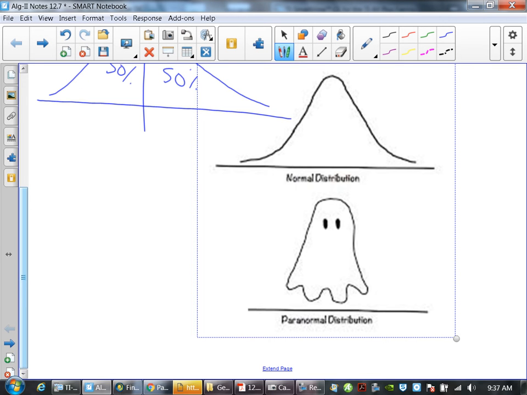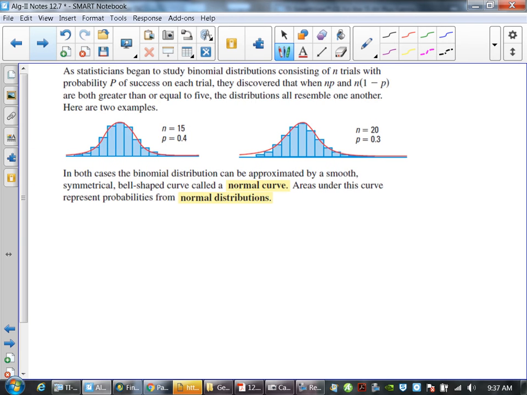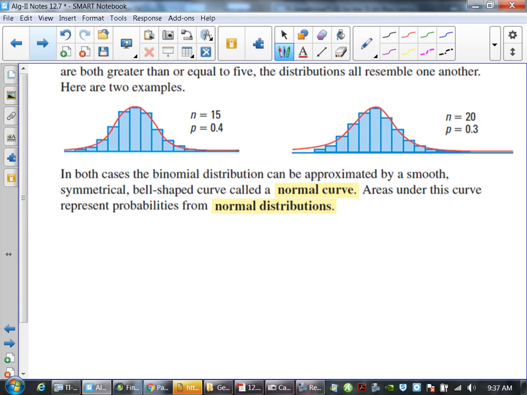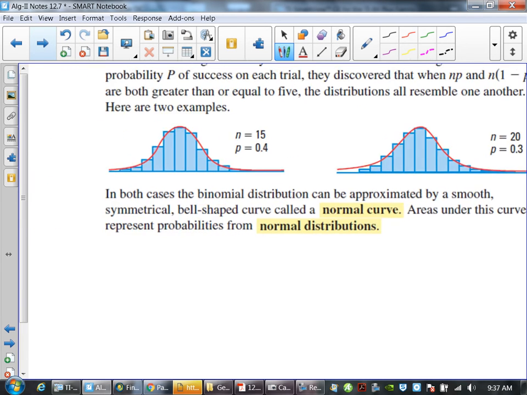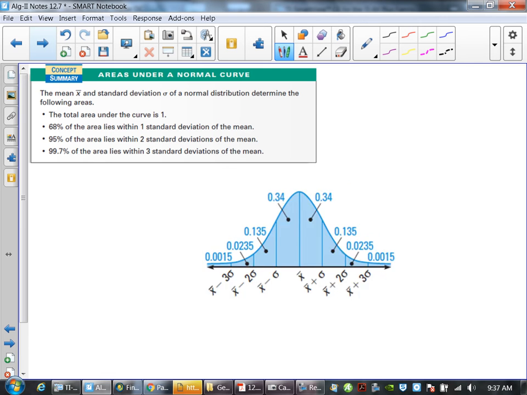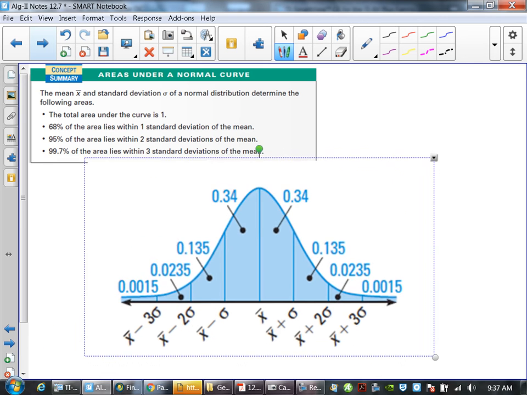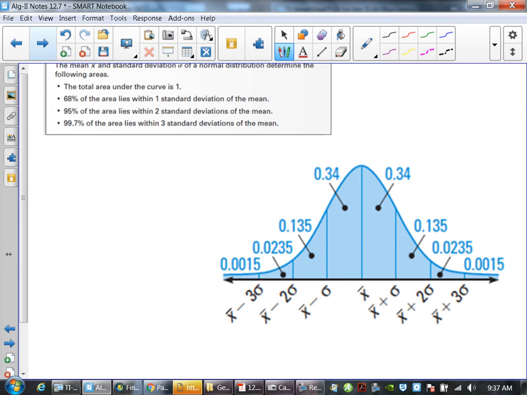So anyway, what happens with this normal curve stuff? As curves become normalized, yesterday you probably saw some of that data set where things were skewed to one side. As things start to become more normal, you get this approximation. You're going to get really clean values. Once we say that something is normal, you get these percentages that always occur. This takes a second to get used to, and it is so simple once we look at it. When you have a normal curve,